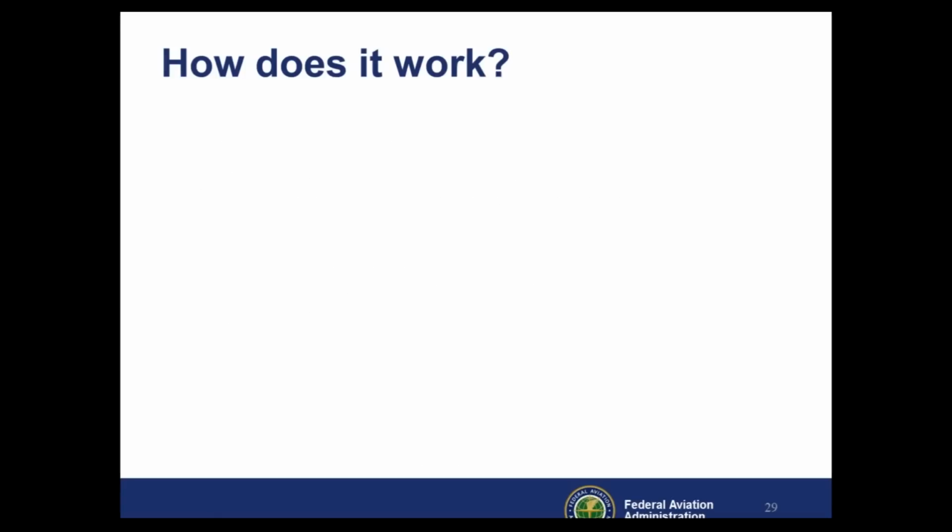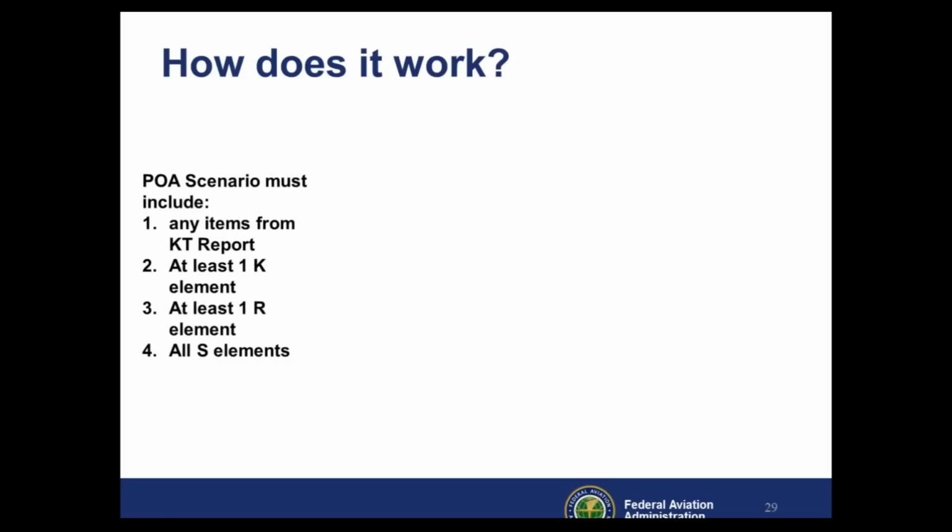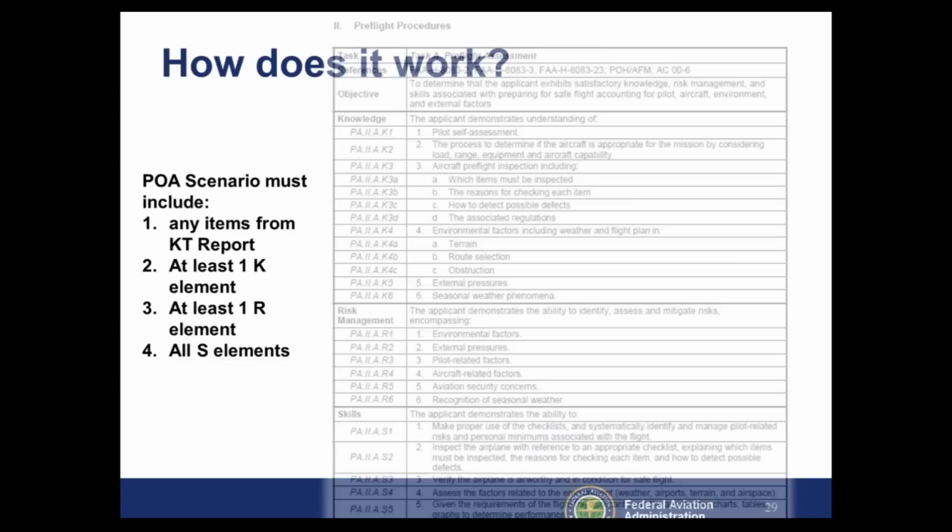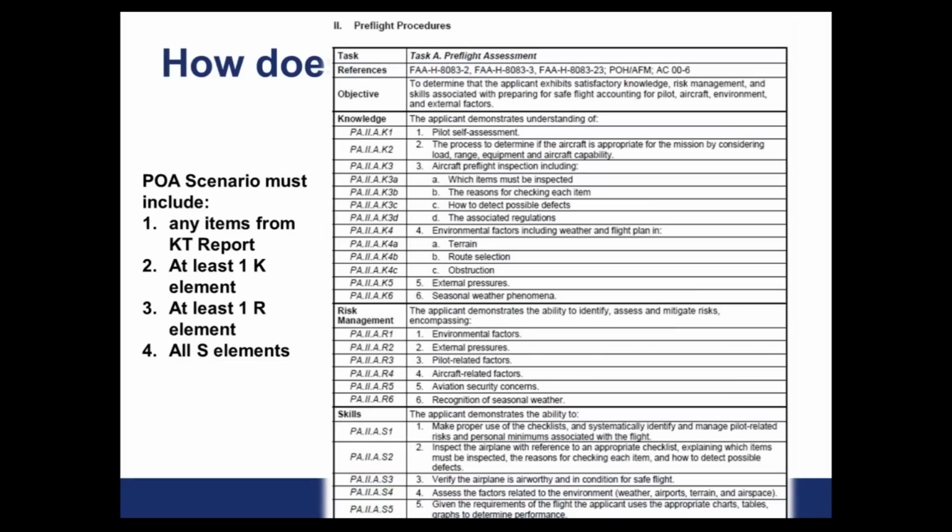end of the presentation. So on the left, I have the rules of thumb, again, of what, at a minimum, must be on the Checkride, what's going to be in the written plan of action. So rule number one, well, and let's do a scenario. We'll kind of work through this. Make believe that you're a designee and you're preparing for a Checkride, which is going to be tomorrow, and you want to make sure that you are covering the appropriate items at a minimum for the Checkride.